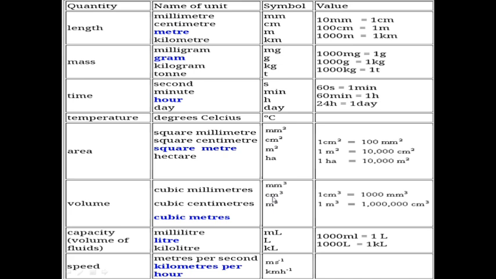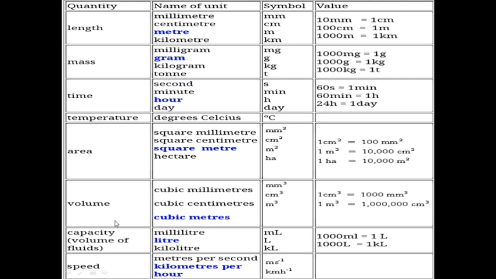Then for cubic centimeter, it is cm cube, centimeter cube. Then cubic meter means meter cube, and the values are 1 centimeter cube equals 1000 millimeter cube,